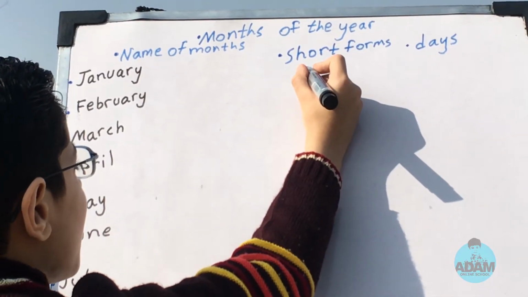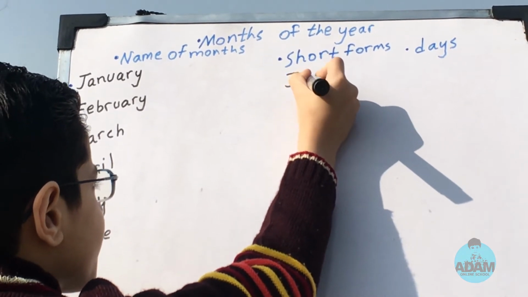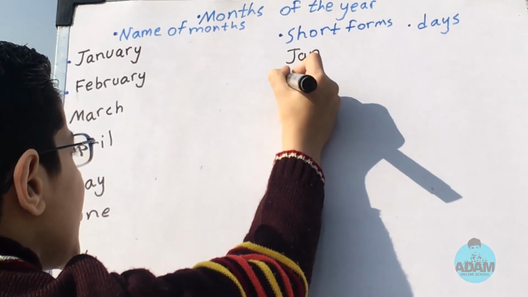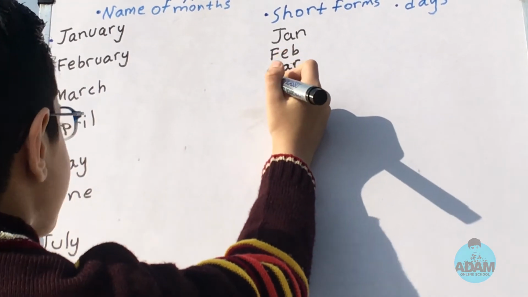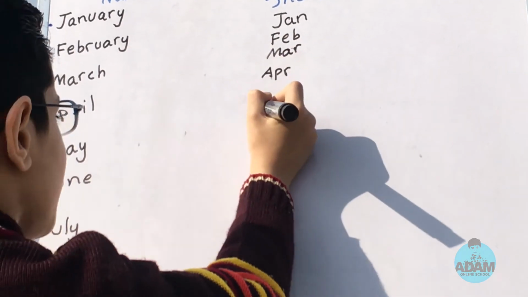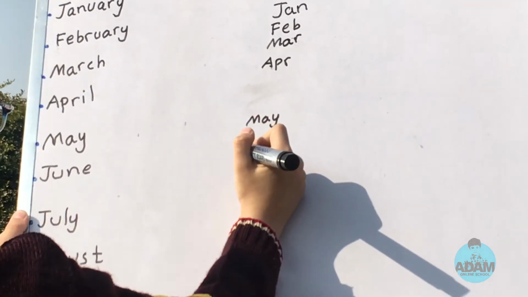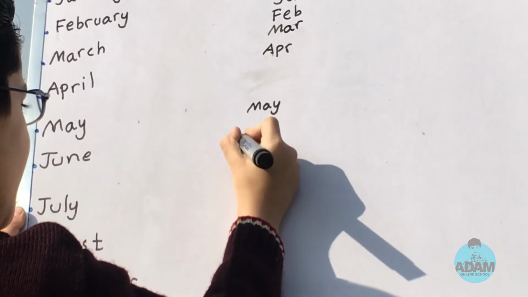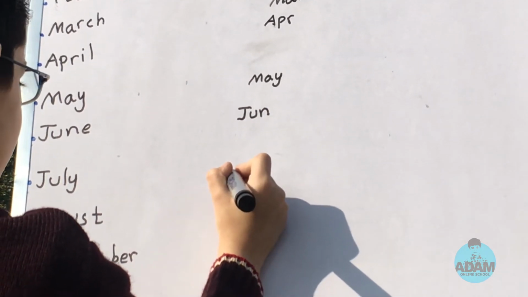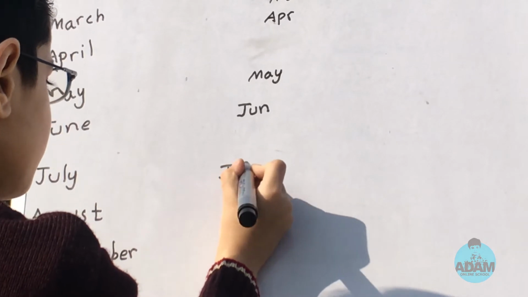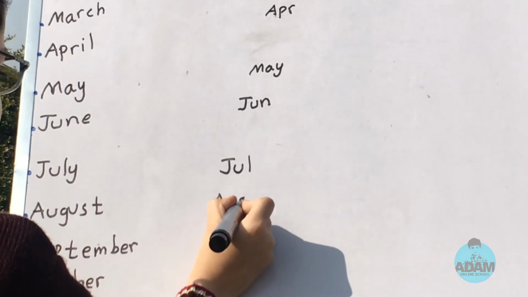Friends, here are the short forms of the months. JN January, FB February, MAR March, APR April, MAY May, JUN June, JUL July, AUG August,